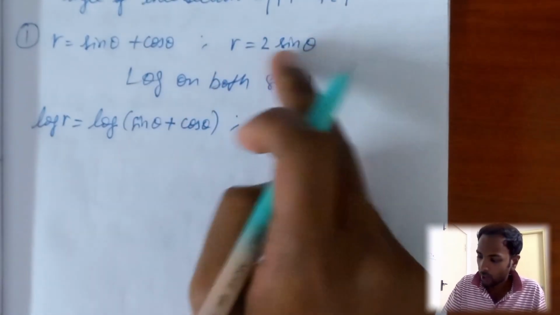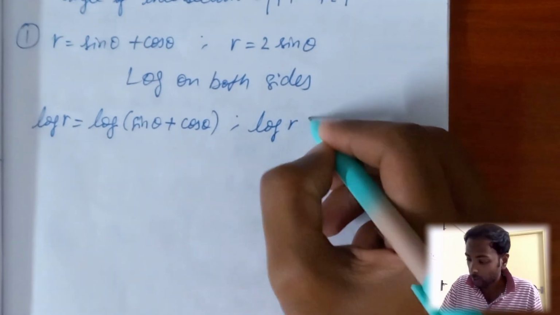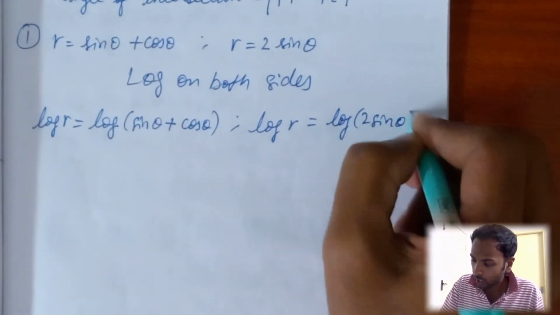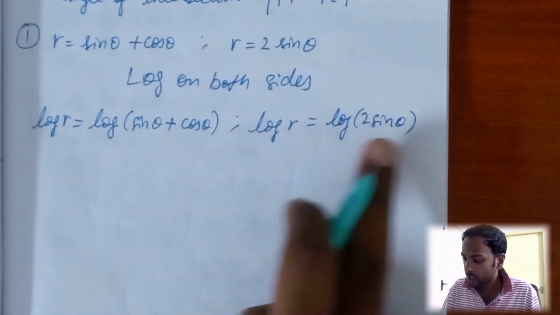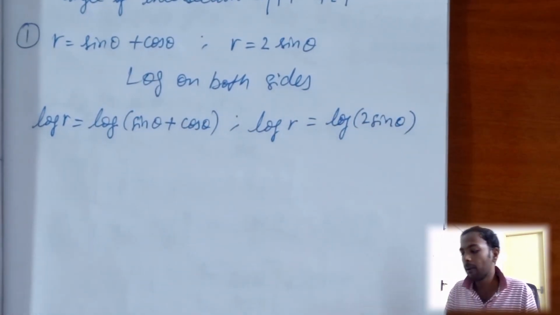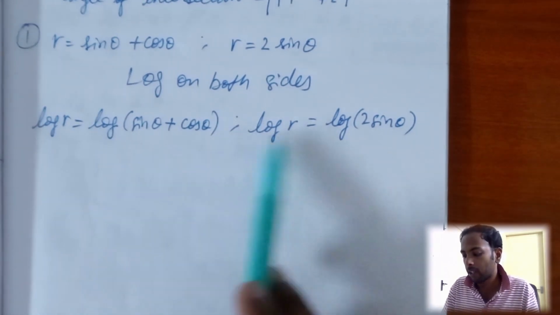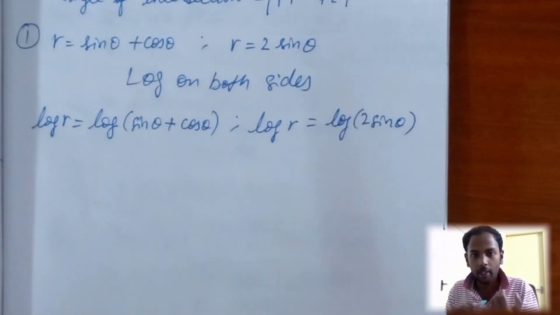And now come to this equation. Take log on both sides. You will get log r is equal to log of 2 sine theta. Okay. And you can see that it's clearly simplified actually. Am I right? There's no need for you to simplify it any further. I mean, if there is scope for simplifying, please go ahead. Use trigonometric formulas, use